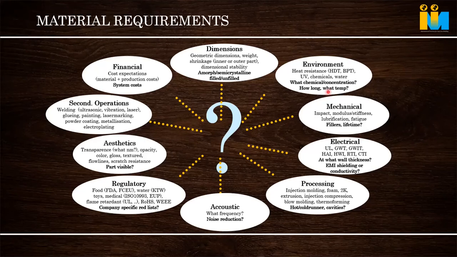Second one is environmental consideration. What is the heat resistance of the raw material? HDT we used to tell, or continuous use temperature. How much temperature this material can be used continuously. It's not 5 minutes or 10 minutes. Most of the materials can take that heat for 5 or 10 minutes. But if it is used continuously for 1 month, 2 months, 1 year, 2 years, or 5 years at that temperature, whether it can withstand, that is the continuous use temperature.